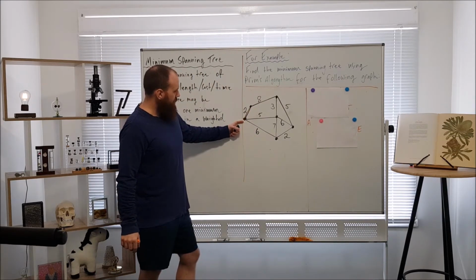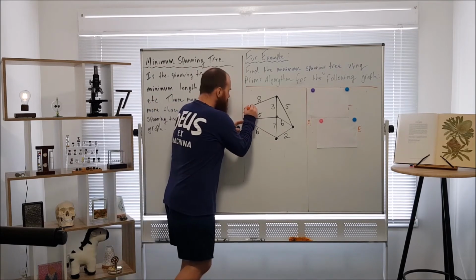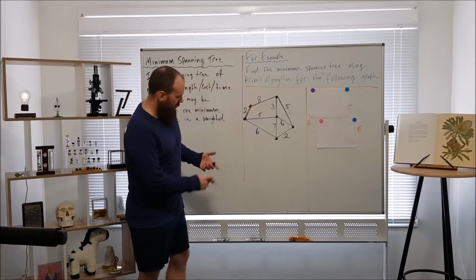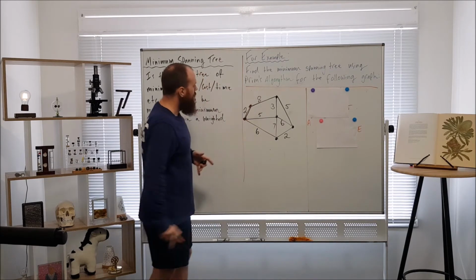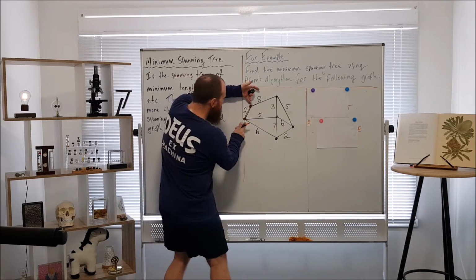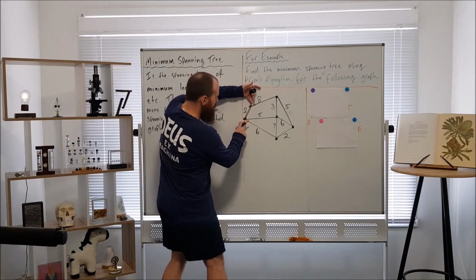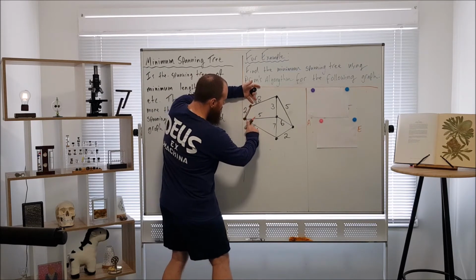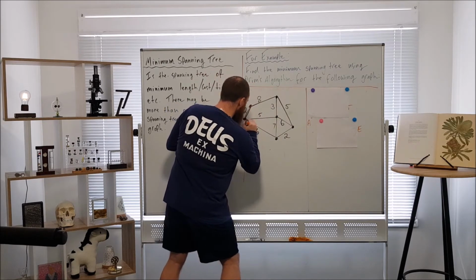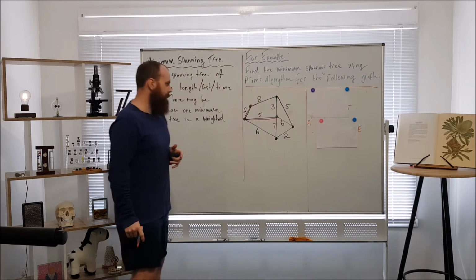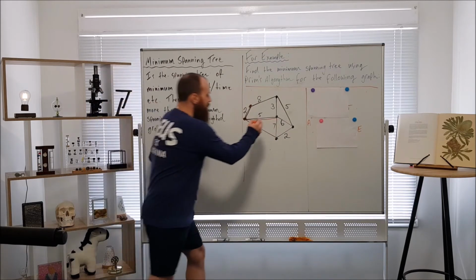Okay? Now we have 2 vertices in play. So now we have to ask ourselves, with respect to these 2 vertices, what is the shortest edge coming out of either of these? So the candidates are 6, 5, and 8. Well, we're going to choose 5, obviously, because it's the smallest number. Now we have